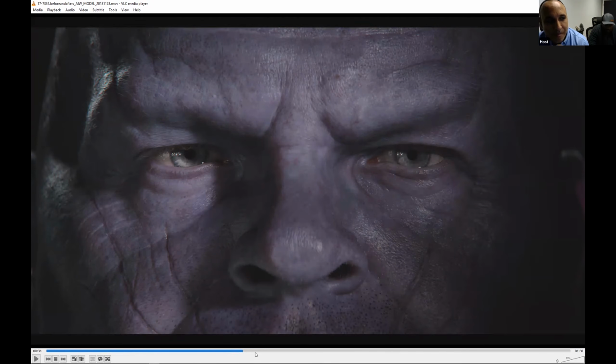My personal preference is to try to keep everything in the displacement as much as I can. With Thanos, what you're looking at here, there aren't any bump maps at all on the surface of the skin, because I want to describe the surface detail as much as I can with displacement. In my opinion it gives much better, more realistic results than a bump, which is obviously a bit of a fake.